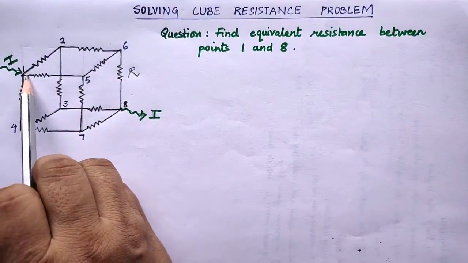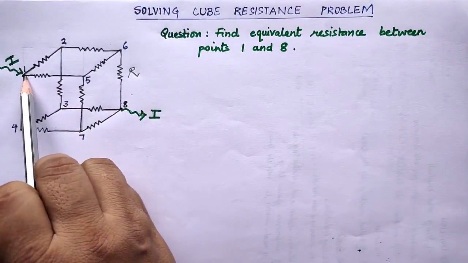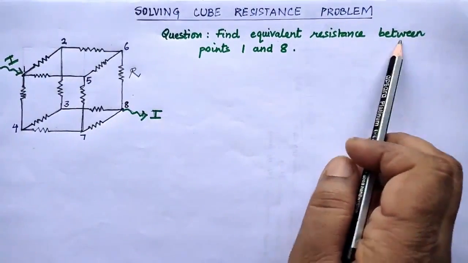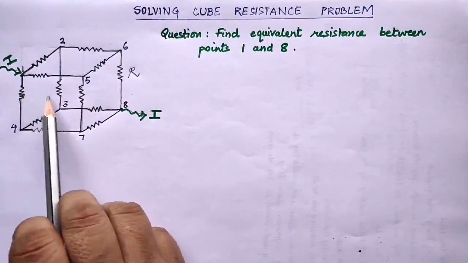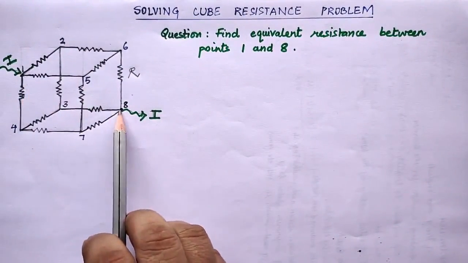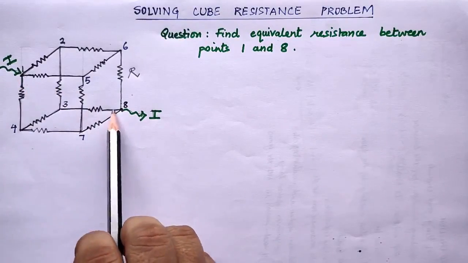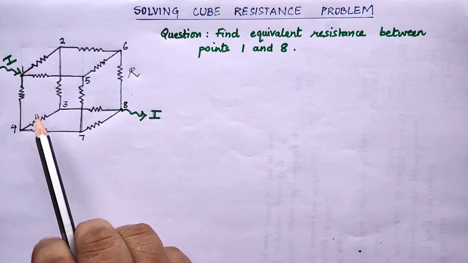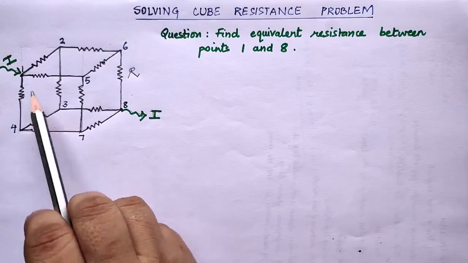Current can enter at any one point. Let us say it is point 1 where the current is entering. And the question says find the equivalent resistance between points 1 and 8. So this is point 1, this is point 8. What is the equivalent resistance between 1 and 8? This is the question. To understand this question, let us first see how the current is divided